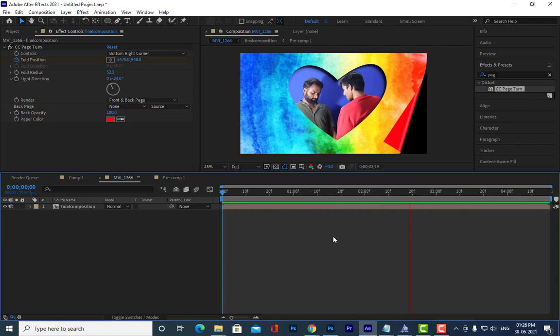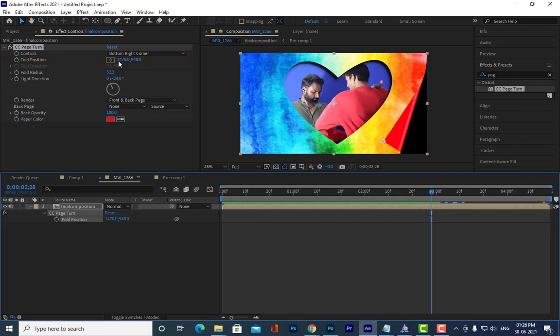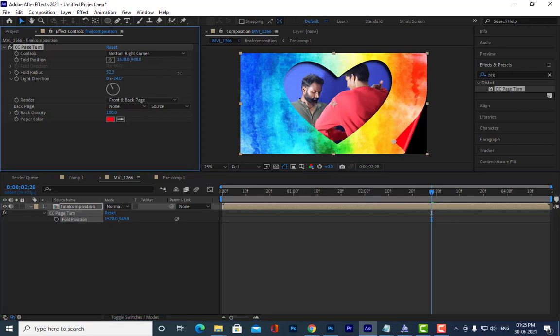And we'll try to change this one. We have to keep it a little bit small, something like this. Let us see if we animate it like this.